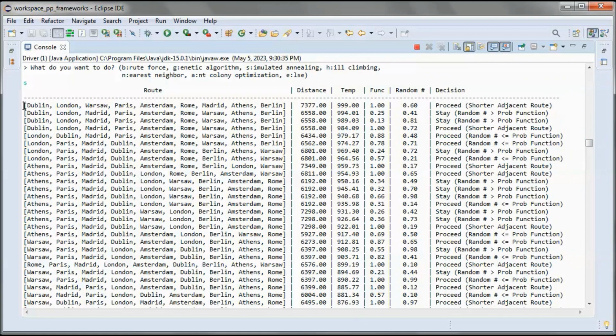So here, this route has this distance in miles, and we check the adjacent route and it has a shorter distance, and the difference between those two is that those two cities are flipped.